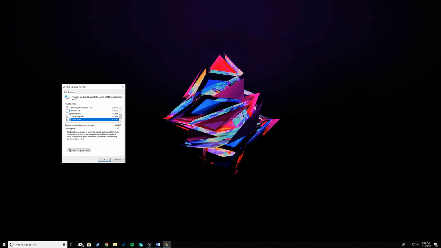Thumbnails, they're just pictures for videos and stuff, and if you want to use that thumbnail again, once you open the file, the thumbnail will regenerate, so you know what it is. So if you delete it, it's not gone forever. Temporary files, they're just files that your computer stores up over time. As you can see, I don't have any real